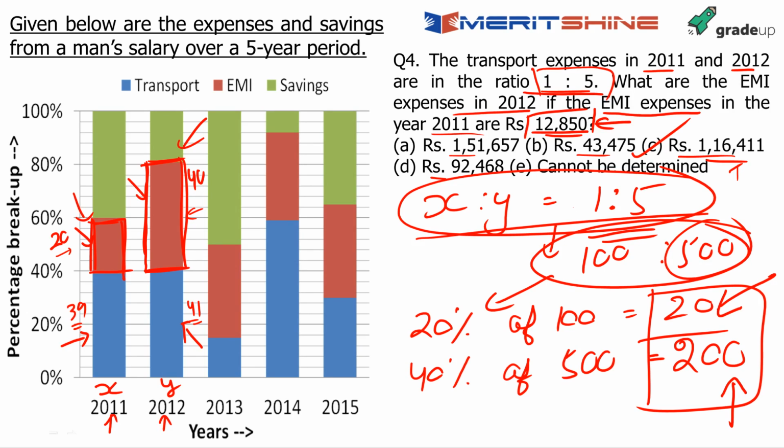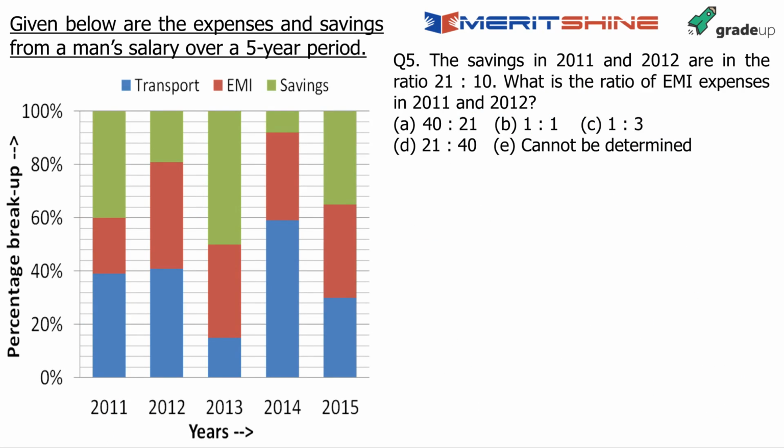And most of these sets that I am discussing today have either been picked up directly from last year's SBI paper or have been inspired from them. I went through the sets and tried to understand what kind of questions these people are asking. This is what they have started asking now. This is much like CAT DI. Now it's not calculation intensive, it has become a lot more logical these days. Alright, let's look at the last question of this set now. So that's the last question of this set. Again, try doing it by this approximation method only.